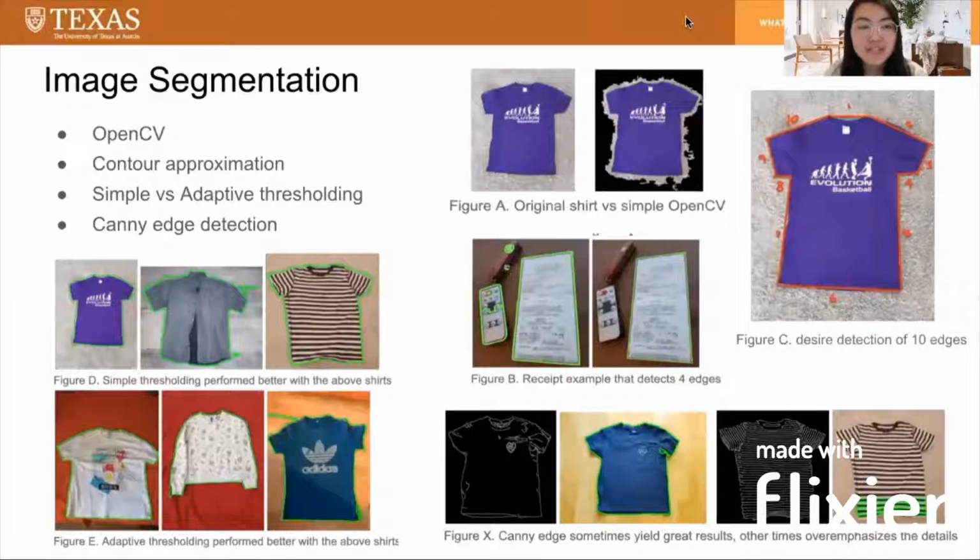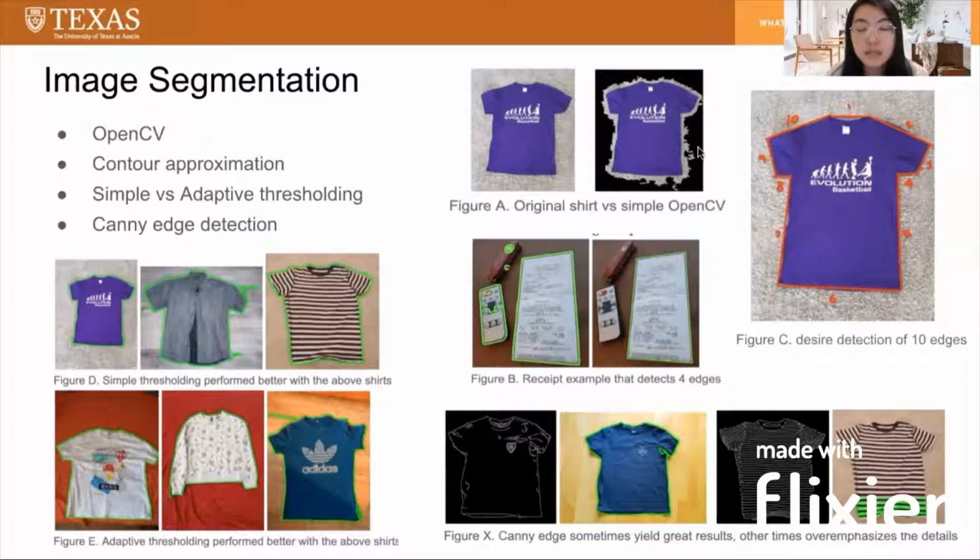So for image segmentation, we use Python's OpenCV library to extract the t-shirt from each image. Initially, we use a simple code that performs Gaussian blur, edge detection, median filtering, contour drawing, and then masking. The result filters out most of the background, but as you can see in figure 8, there are still some